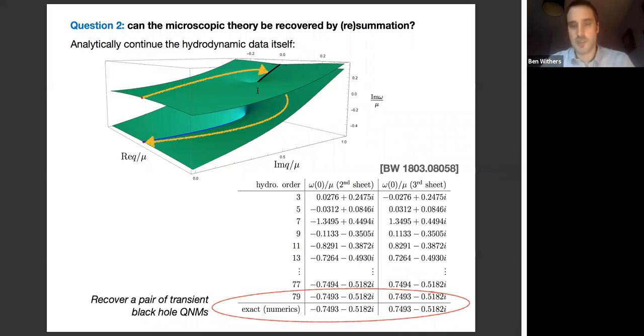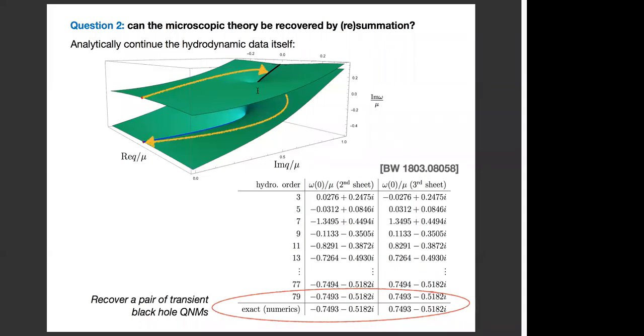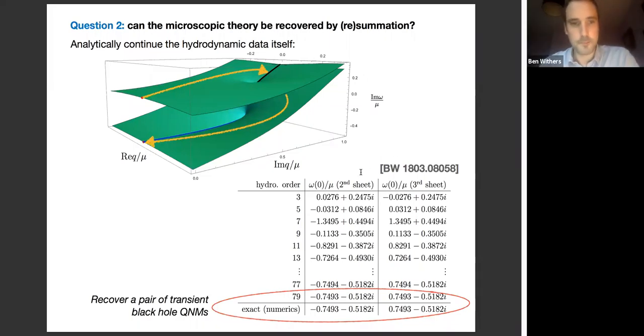You do the part A to sum on that sheet, and at the end, you go back to the original 2 sheets, and in that process, you have to pick which sheet you want. And so there are 2 results. Okay, thank you. Yeah, so the details are here in this paper. Thanks. Any more questions about dispersion relations?